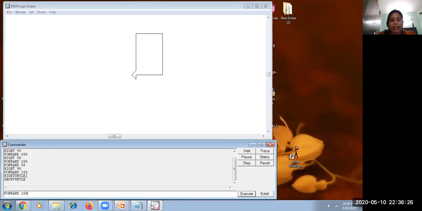Hide turtle can be written as HT. Show turtle can be written as ST. We have many more commands. The rest of the commands we will be learning in our next session.